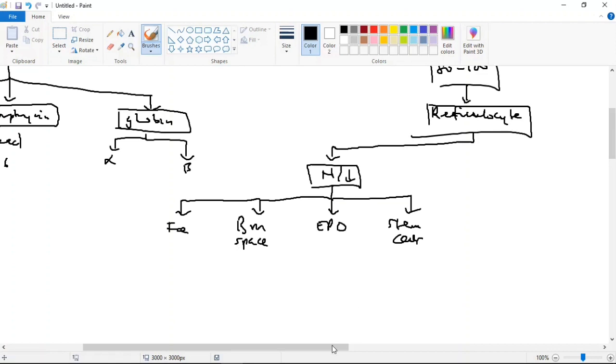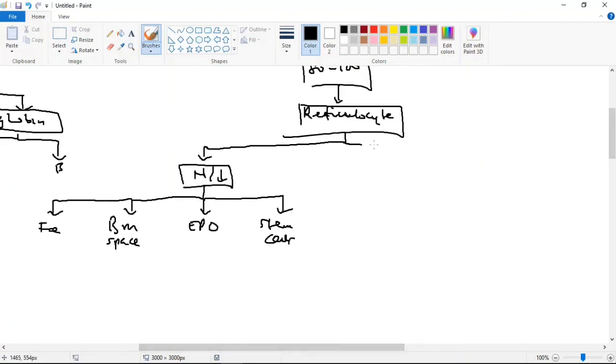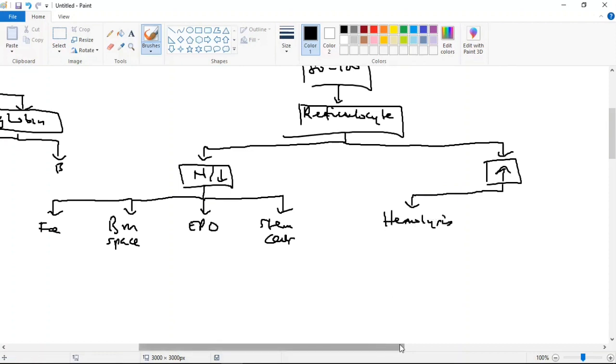But if a patient has normocytic anemia and reticulocyte is elevated, it's increased, which means the bone marrow is appropriately responding. Bone marrow is fine. This is not a production issue that I'm dealing with. Then it means the patient is losing red blood cells someplace outside the bone marrow. Patient is losing red blood cells in the periphery. And that brings us to two things. Either I'm dealing with what? Hemolysis, peripheral destruction of red blood cells,